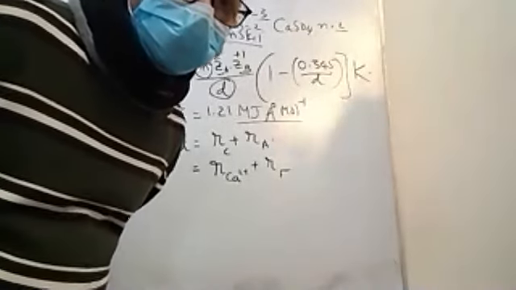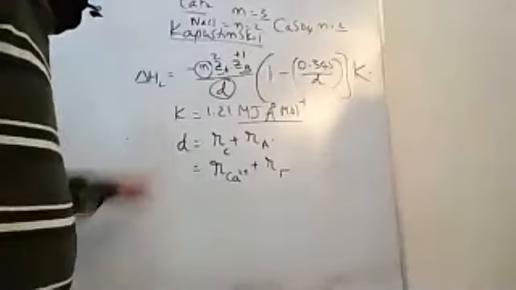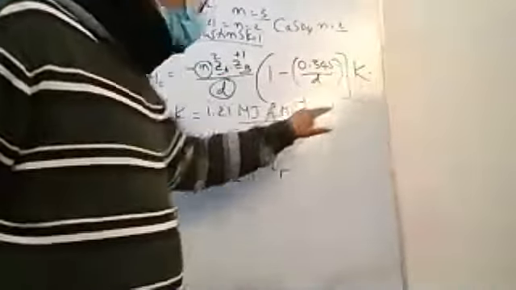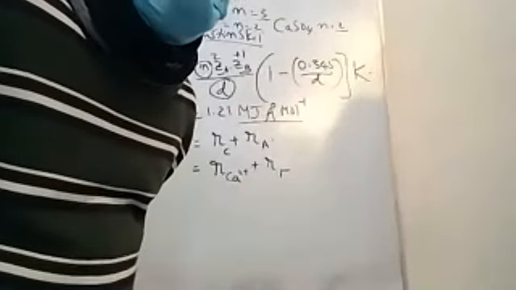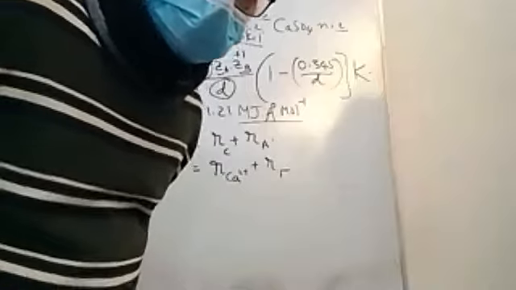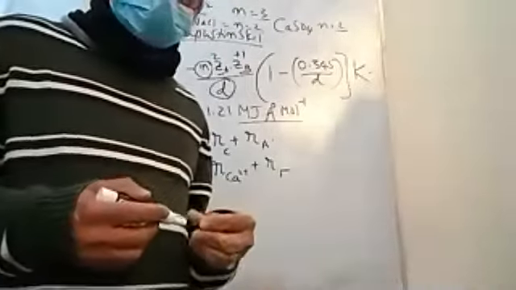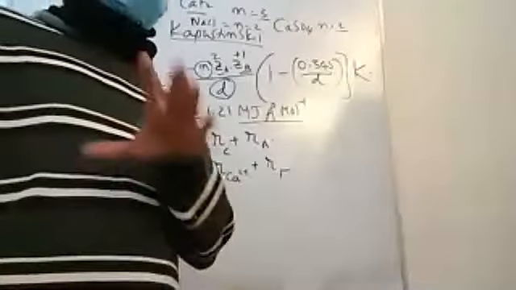Am I making sense here, folks? So once these numbers are given to you, you just plug them right here and multiply this expression by 1.21 megajoules. Understand this is megajoules, not kilojoules. So you can calculate the numbers very quickly. This is the beauty of Kapustinskii's equation, which allows you to calculate the lattice energies,